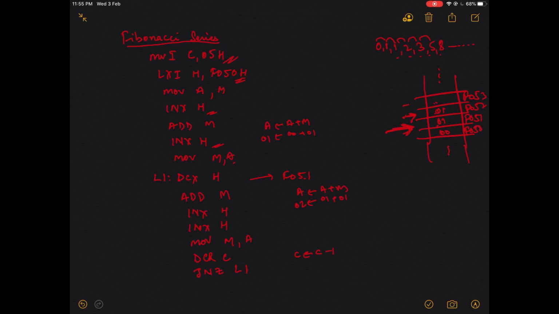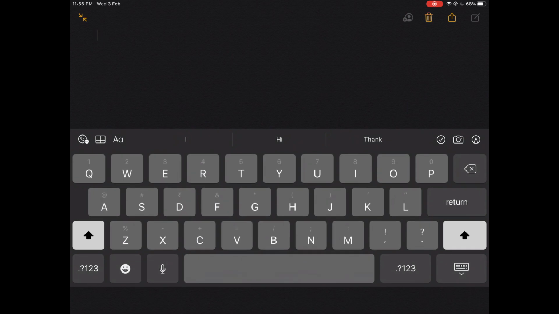So if you do C minus 1, at one point of time your C will become 0, because it's 5, it'll go 4, it'll go 3, it'll go 2, it'll go 1, it'll go 0. So I'll check with JNZ. JNZ means jump on not 0 to L1. Until it's 0, you keep going through the loop till you get all your numbers of the Fibonacci series. Okay, so I think that's